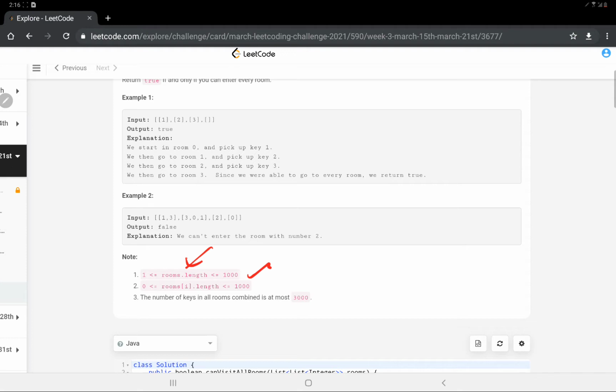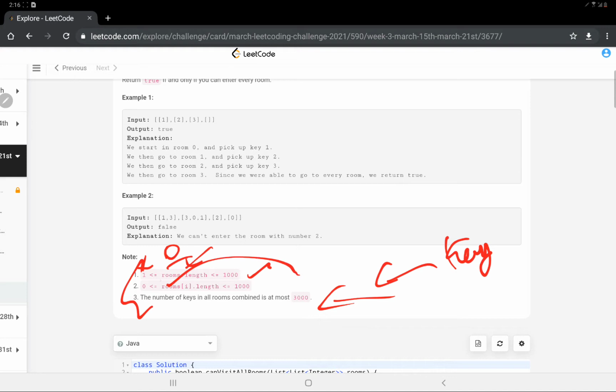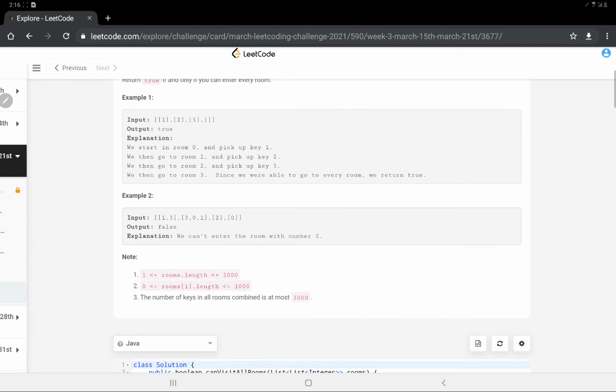And the number of keys in all rooms combined is at most 3000. I hope the constraints are clear. We don't have to put a check for 0, and it can contain the 0 value, but we don't care, because we have to start from 0 anyway. So it's already a pretty basic graph question. So how are we going to approach it, let's see.